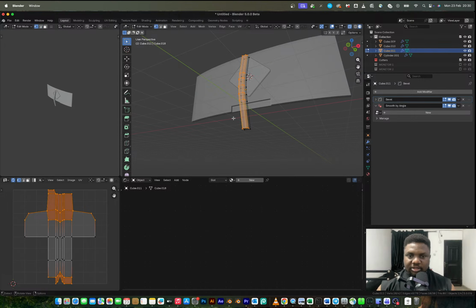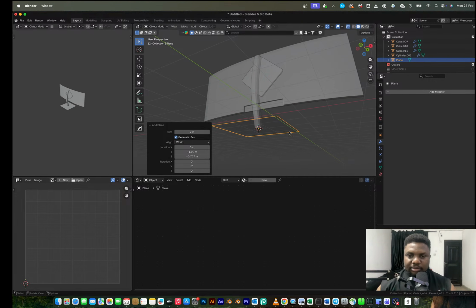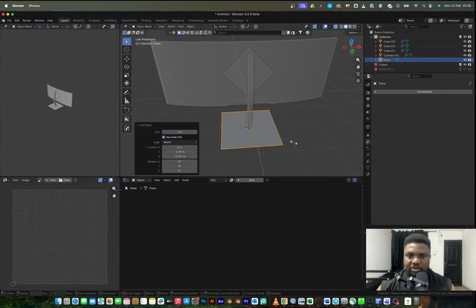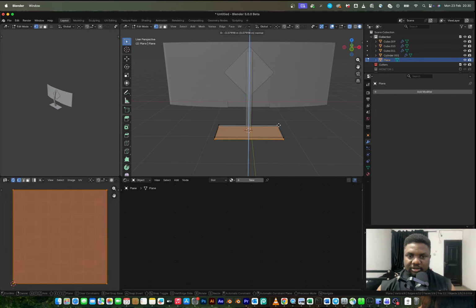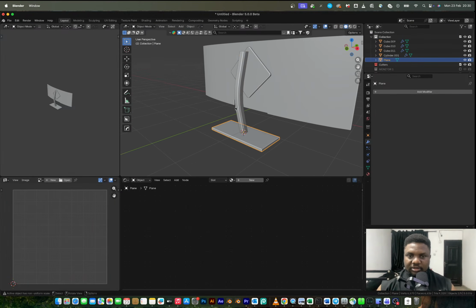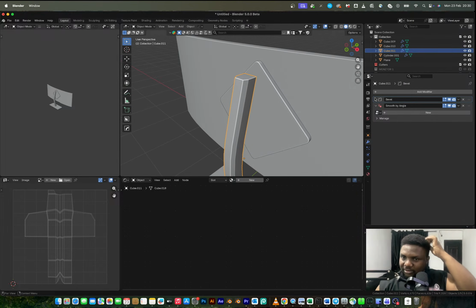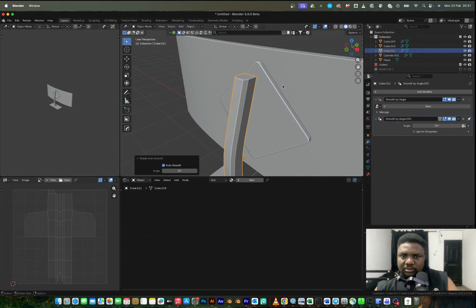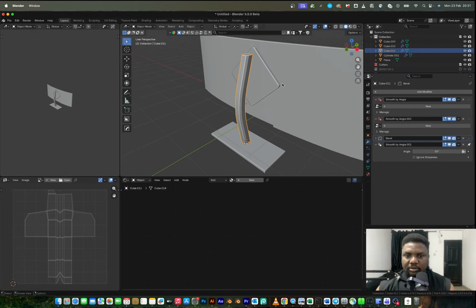So for the base, it's going to be cursor to this point, and the base is going to be kind of rectangular. So X, SX. I'm going to scale, extrude this on the Z, just like so. And then somehow it's not looking pretty like that. I'm bringing a bevel, but it's just going to be way smaller this time. Then